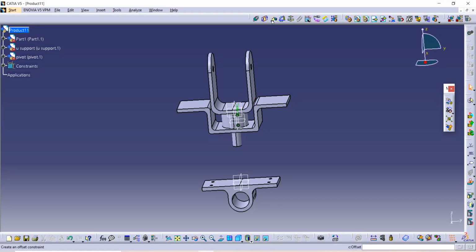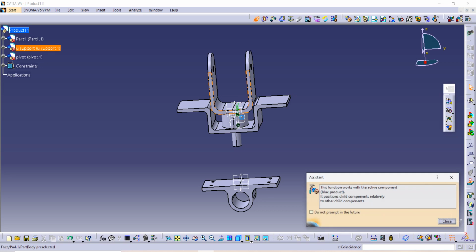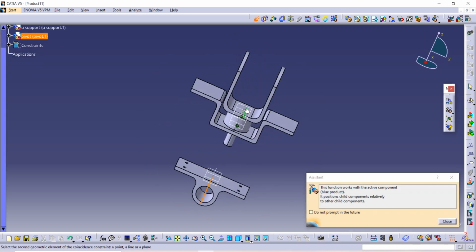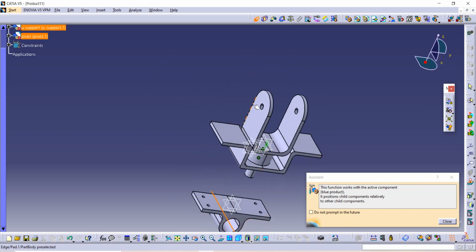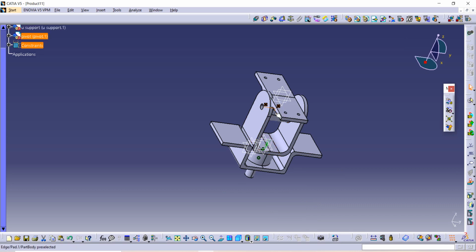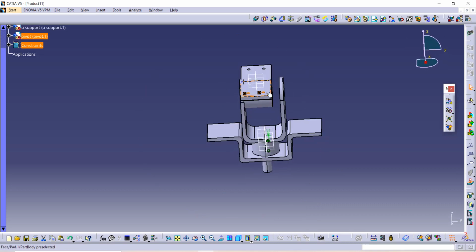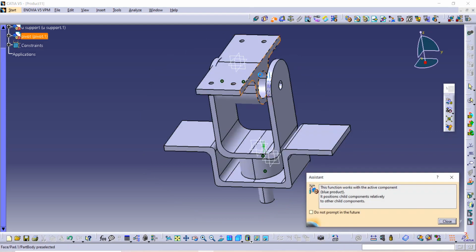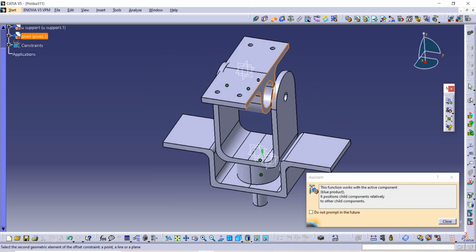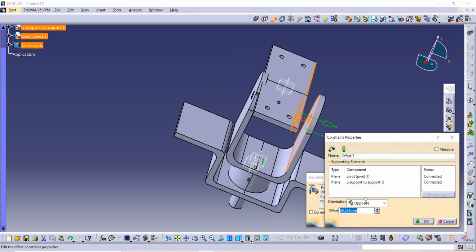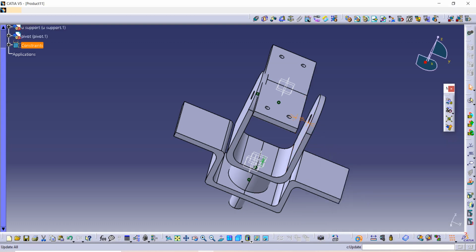Now use this coincide command, select axis of this with axis of this and update it. Now let's give distance. Use this offset command, select this surface with this surface and distance should be 25 and then update it.